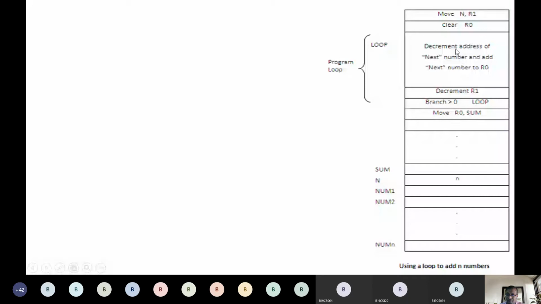This is a simple process wherein first we take an n variable. N consists of the number of values. For example, in our example, 7 digits we want to add, so n is 7 here. We move that 7 into R1 with the move command. The number 7 is stored in the R1 register. Next we clear the contents of R0. Whatever data is in R0 we wipe out, so that we can add all the numbers one after another.